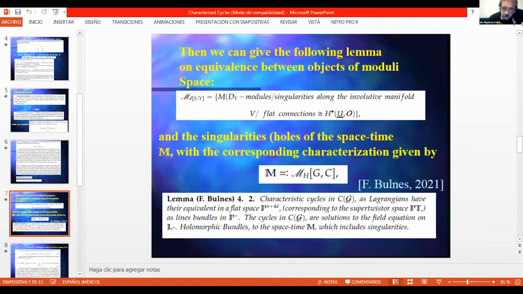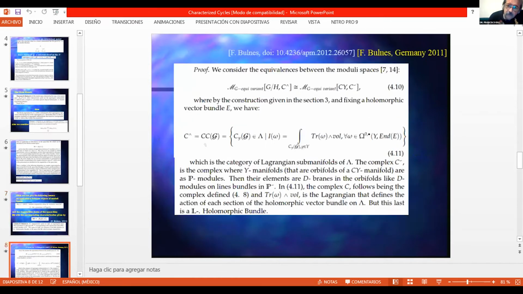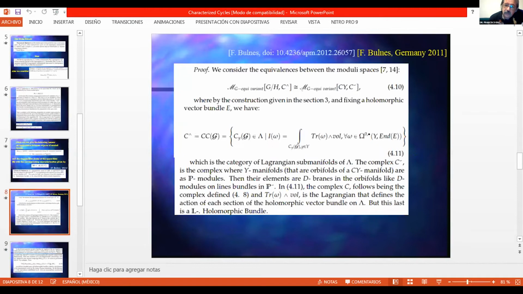This is the projective space in certain dimension. The cycles are solutions of the field equation in L-holomorphic bundles to the space-time M, which includes singularities. And the demonstration considers this isomorphism, which is given in another theorem published in these documents,